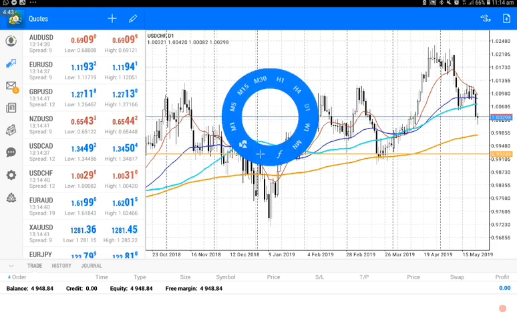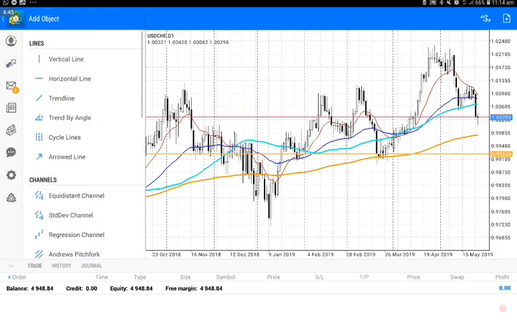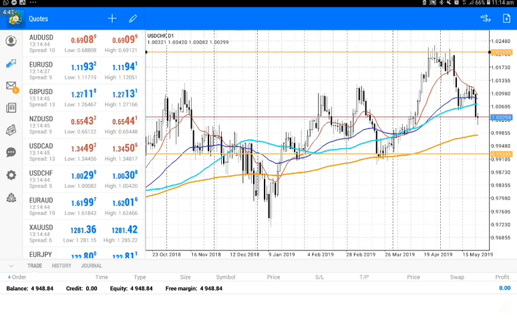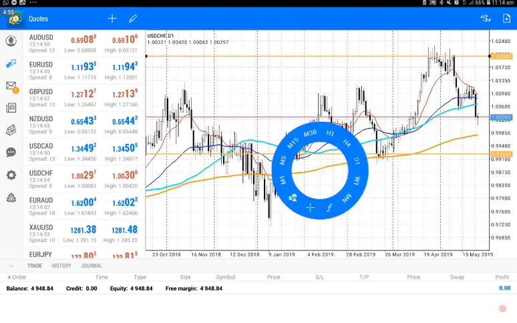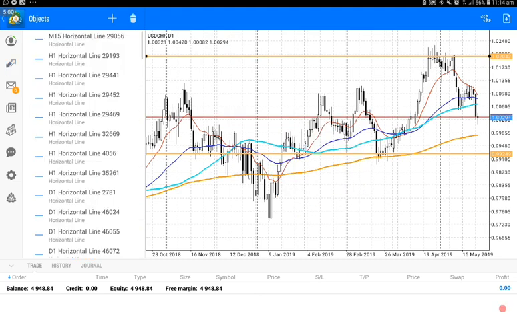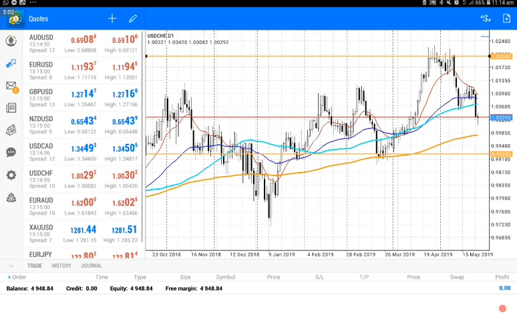Bring in the lines. For horizontal line, drop at the resistance. The first one, you can put it at the tip of the candle, at the edge of the candle, and then bring in the resistance line again. I'm using gold now for daily. Bring in the resistance line again and drop it for the support as well. Okay, now